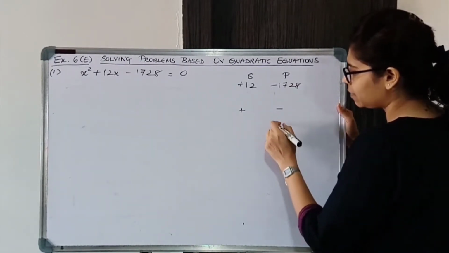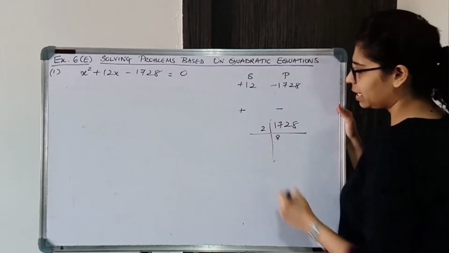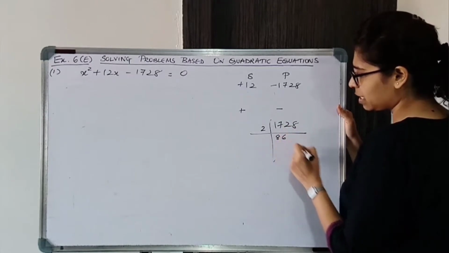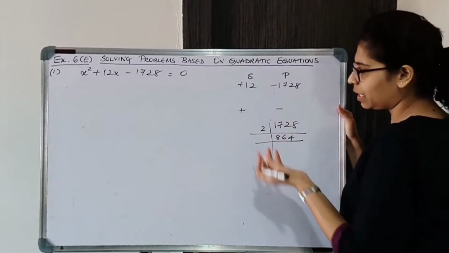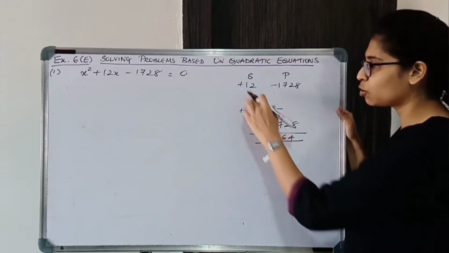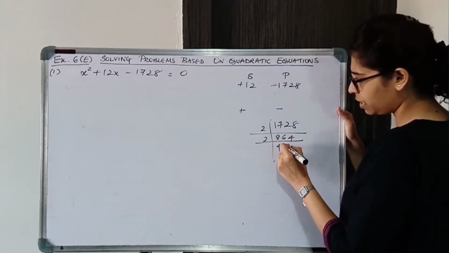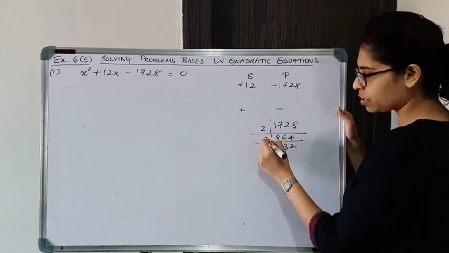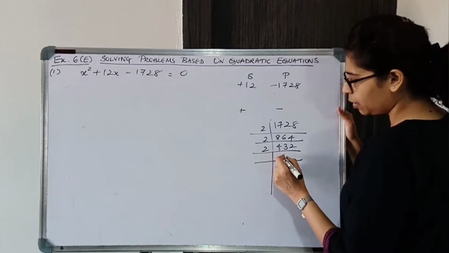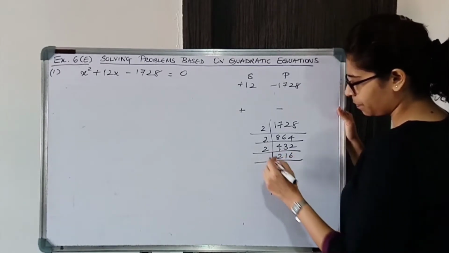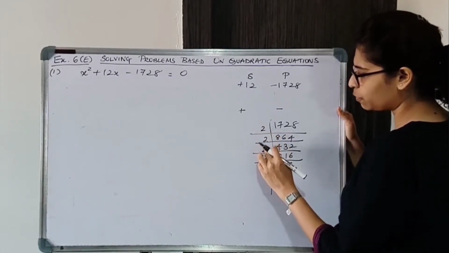So factorizing 1728, 2 8s are 16, 2 6s are 12 and 2 4s are 8. So difference will not give you 12. We have to consider two numbers which are very much close. ठीक है. 12 का difference चाहिए. 2 4s are 8, 2 3s are 6, 2 2s are 4. So 4 2 2s are 4, 4 and 432, a difference will not give. Let's keep factorizing. 2 2s are 4, 2 1s are 2, 2 6s are 12, 2 1s are 2, 0 8s are 0. So let's check. 2 2s are 4, 4 2s are 8, 8 2s are 16.